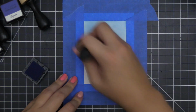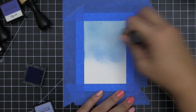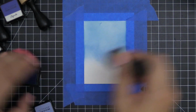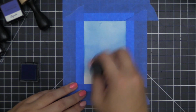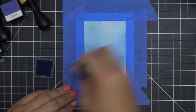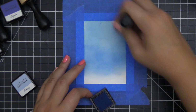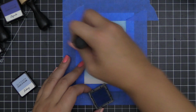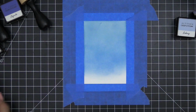Now we are going to move on to the second color, which is Eastern Sky. I ended up using only 3 colors from the Lapis Lazuli mini cube set for this technique. If you wanted a little bit more variance, you can definitely use the 4th color and add a bit more difference in between the colors for the window. But I thought that the 3 color combination for this type of technique was sufficient